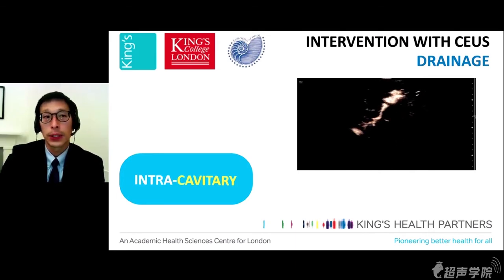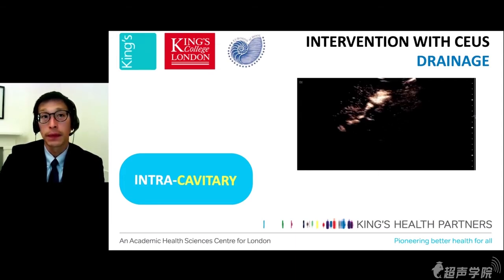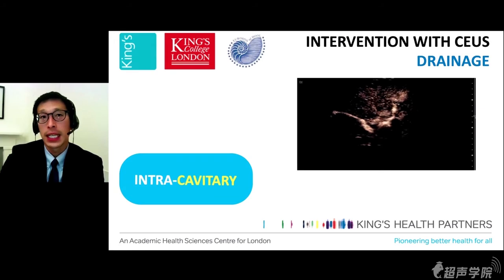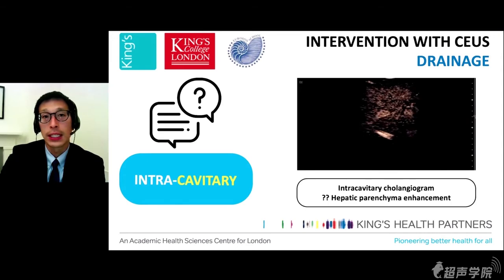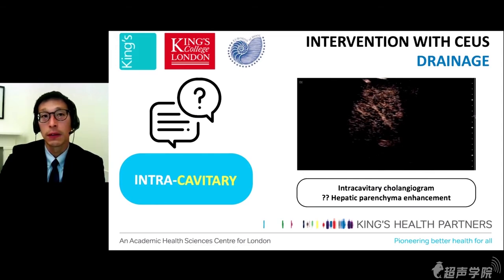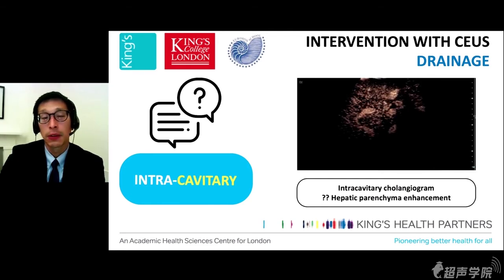This is an intracavitary ultrasound with contrast injected through a biliary drain. And I think for those who have sharper eyes for contrast ultrasound, you may start questioning my statement that this is an intracavitary contrast ultrasound, because from what you can see here, not only can you see the drain, but you can clearly see the enhancement of the surrounding hepatic parenchyma, which implies that there is enhancement of the microvasculature of the liver. How can this happen, or what does this mean?